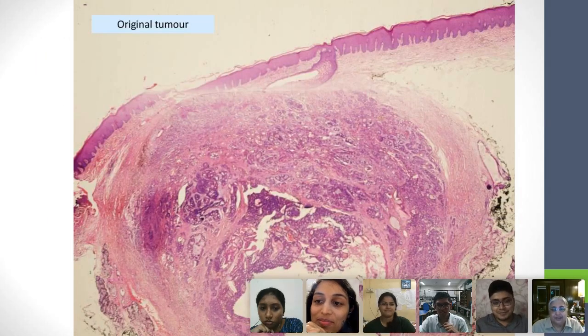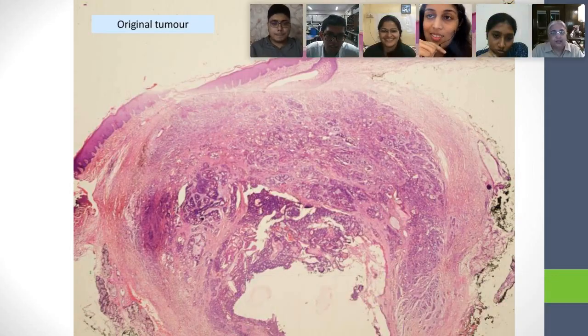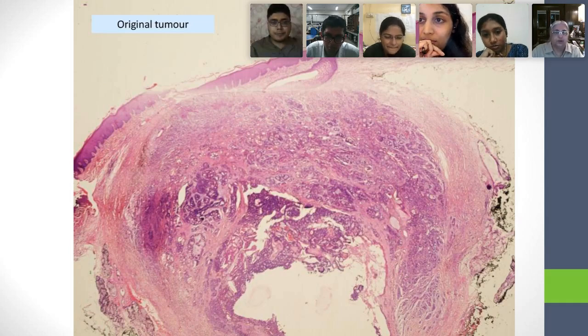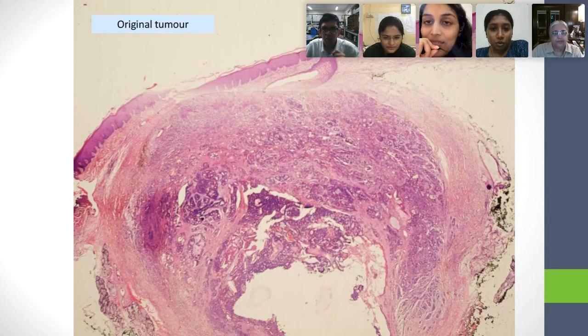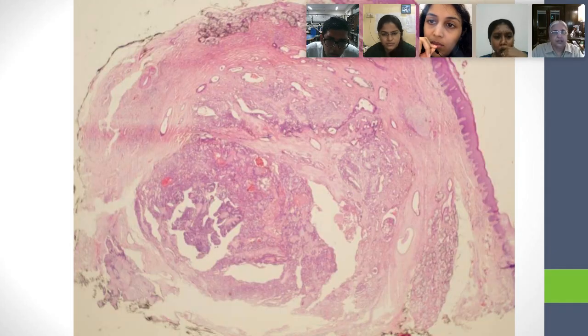Okay. Here is the original tumor. And you know, people say, nahi mil raha hai. But if you make enough efforts, there you are. It has come. This is the original tumor. Now, Ashish, what do you want to say about this original tumor? On this power, ma'am, there is reforming of the ducts that are seen. Reforming of ducts. Okay, let's see it at a little higher power.